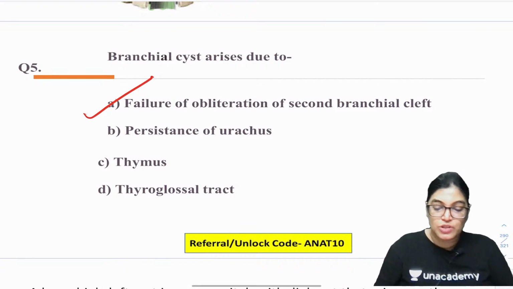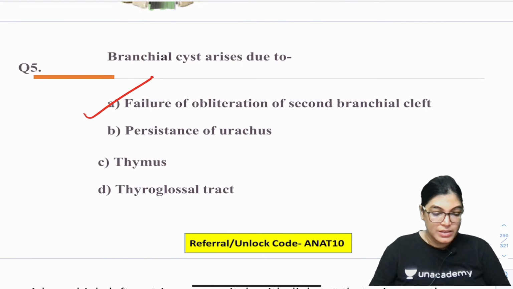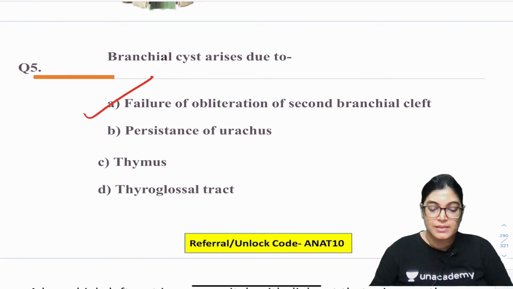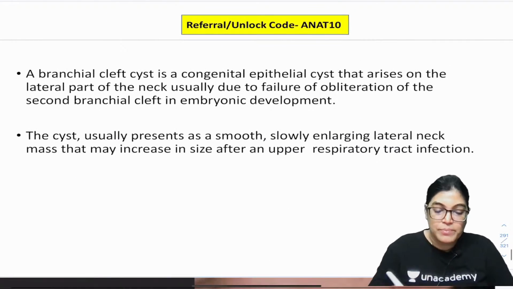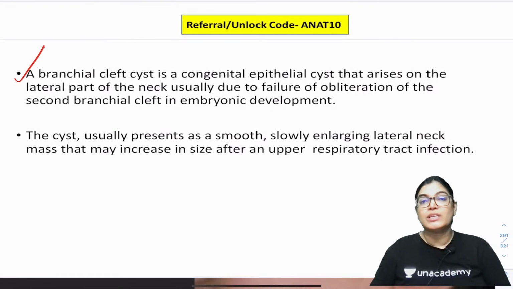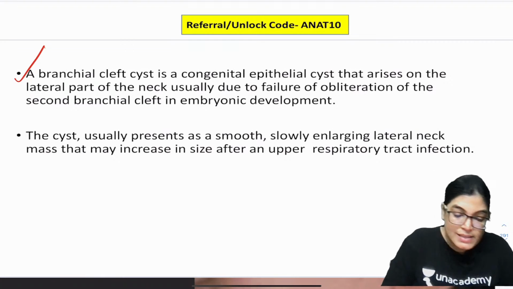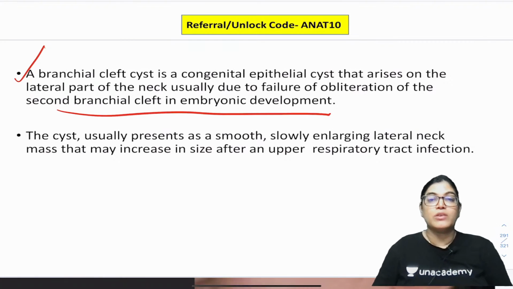Failure of obliteration of second branchial cleft. Yes, absolutely right. Failure of obliteration of second branchial cleft is the correct answer. And see here, the branchial cleft cyst is a congenital epithelial cyst arising from the lateral aspect of the neck, and usually the reason for its formation is failure of obliteration of second branchial cleft during the embryological